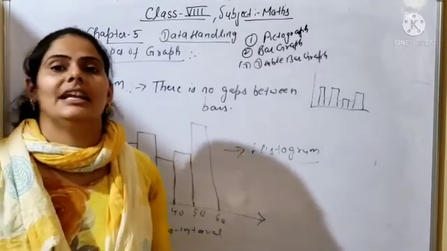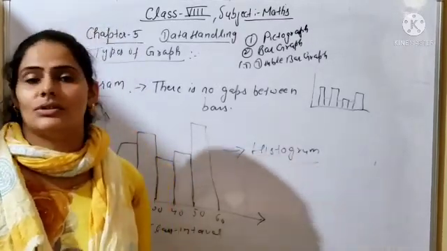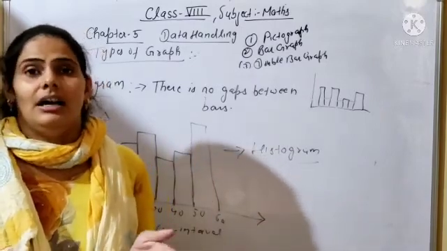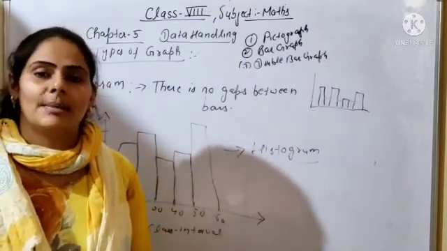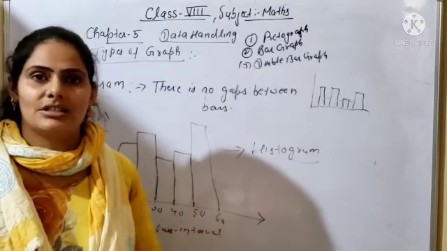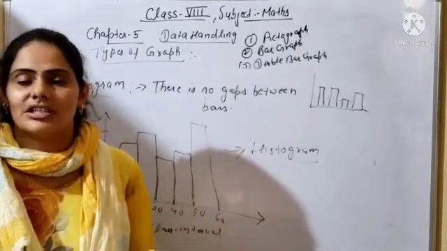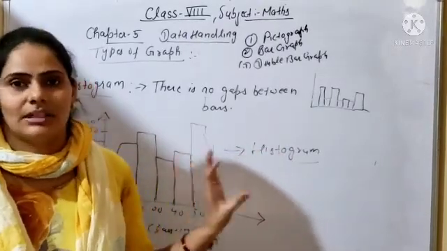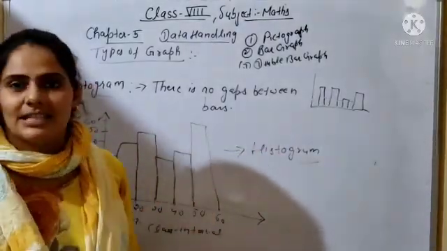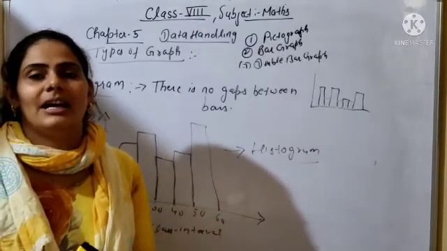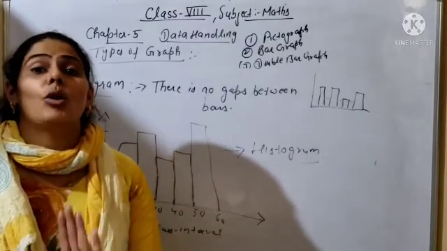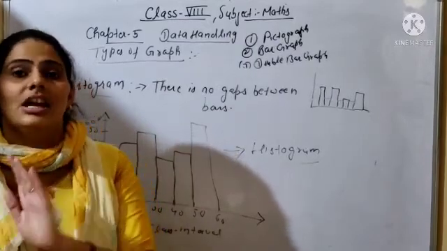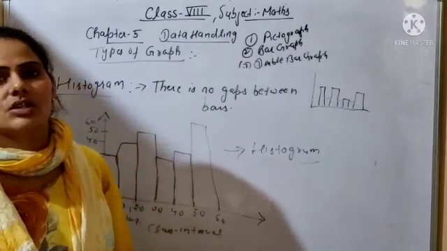When data is given in an unorganized manner, this is called raw data. So first you will organize it, you will represent it in an organized manner. After that you will make a table. This type of table is called a frequency distribution table. What is frequency? The number of times an entry occurs is called the frequency. And what is a frequency distribution table? A complete table when you are representing any data in an organized manner, like subjects, tally marks and number of students. So this is called the frequency distribution table.